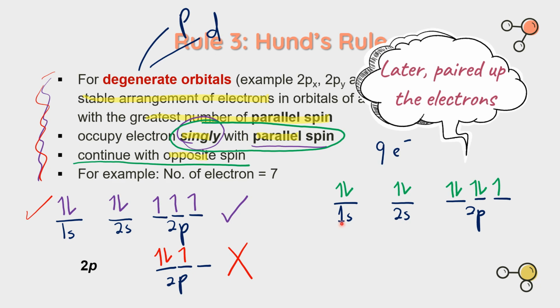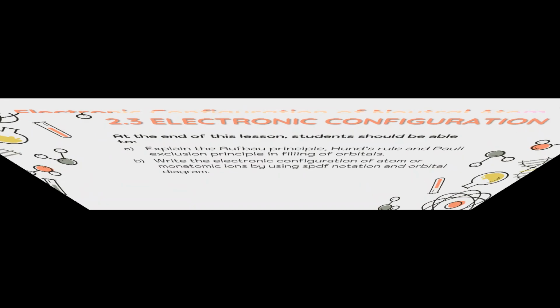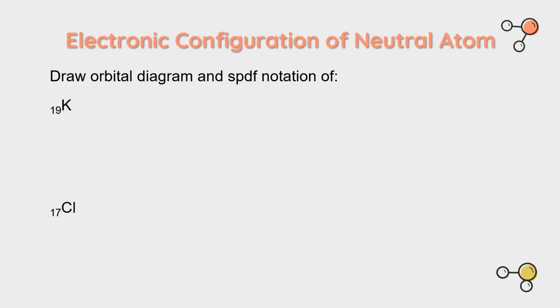Okay, so here we have successfully filled as much as 1, 2, 3, 4, 5, 6, 7, 8, 9 electrons. In order to write the electron configuration of a neutral atom, we must identify the number of electrons from its proton number. We can get the number of electrons directly from the proton number. So in this example, we are going to draw the orbital diagram and SPDF notation for potassium 19 and chlorine